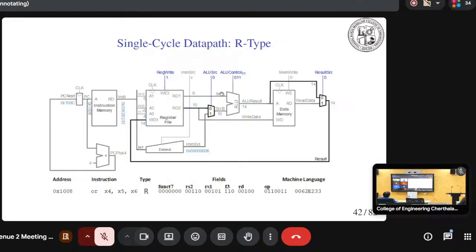So the ALU understands that you have to do the OR operation. So if in X5 the data is 6, and in X6 the data is 10, then it will do the OR operation of 6 and 10. So you can work that out. Then down to the data memory, we have another mux here, and the control signal result source for this particular mux will be 0. With 0, the output from the ALU will directly go and be written to the register.